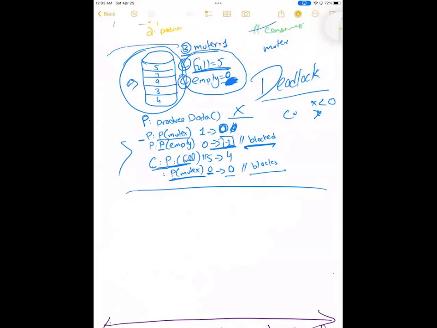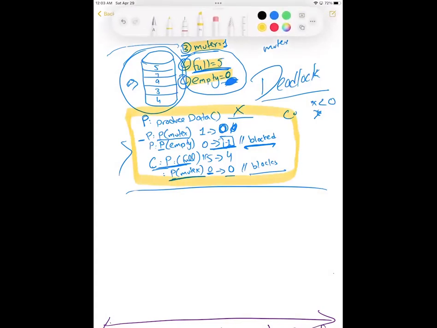You're gonna show what the mutex is. You're gonna basically start off by saying, let's suppose mutex is 1, full is 5, and empty is 0. That's what you're gonna say. Then you show the execution sequence. You show it exactly like this. You then show the execution sequence. If you show this amount, that's half the points. And then the last part is, based on these